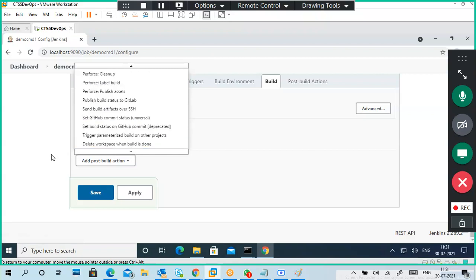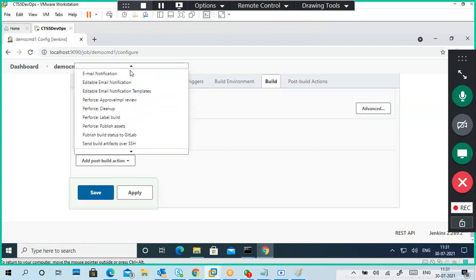For example, you want to build and test in a different environment, or maybe you want to push this information into GitHub, or commit this one, or send a mail, build is successful or build is failure, or delete the workspace, or build another project.